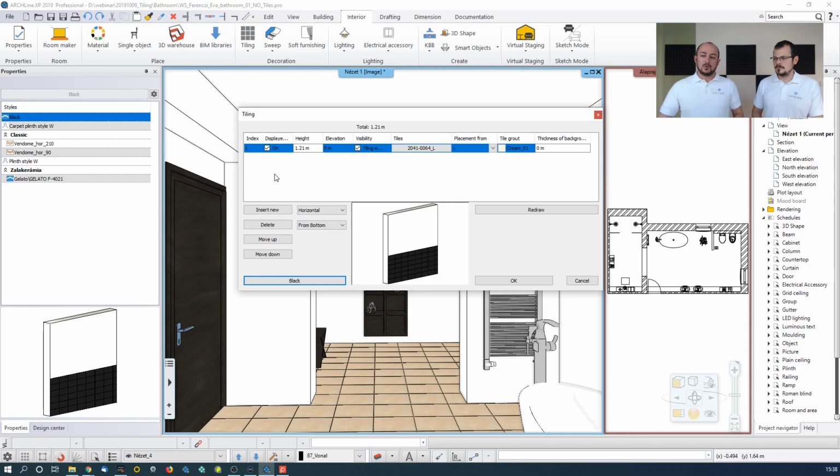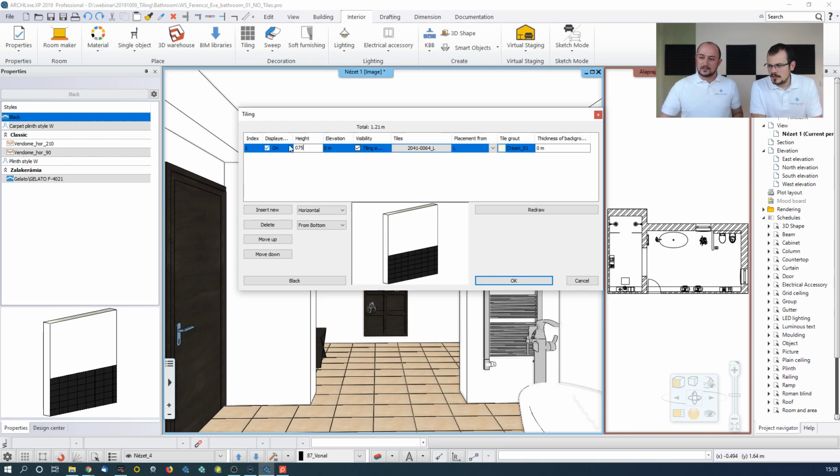The first row, what we have here, has a specific pattern. Then we have another one. We actually will have 5 different rows with different types of patterns matching each other, but yet giving us a nice texture, and we will not cover the full wall surface. So the first one is